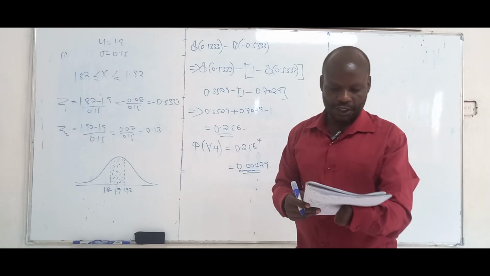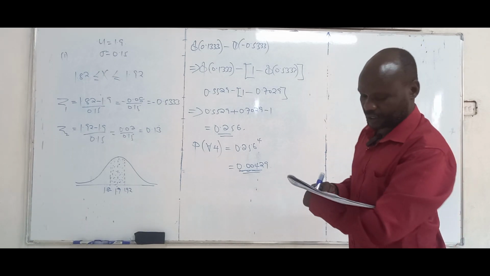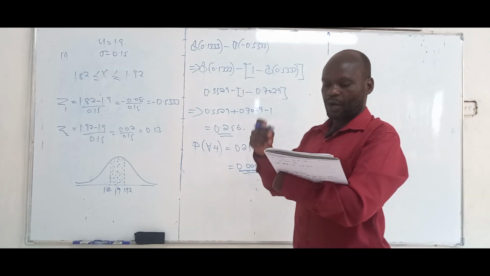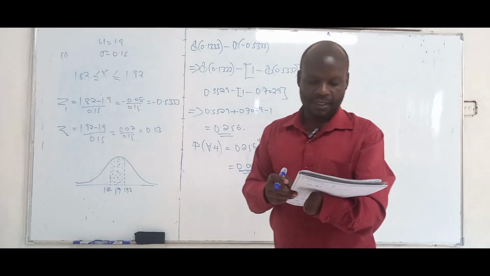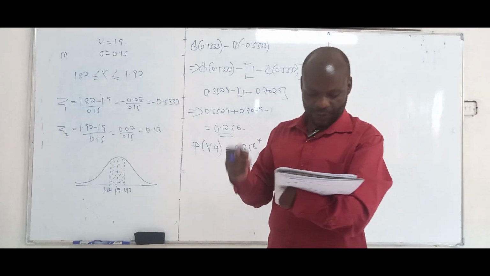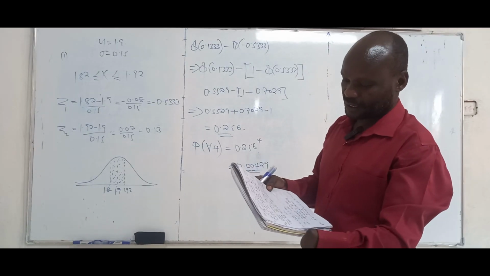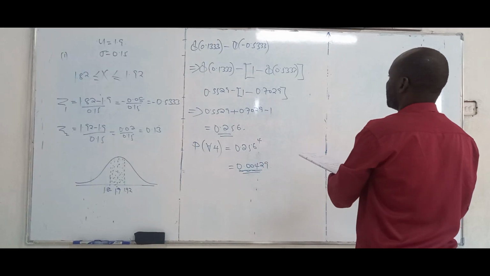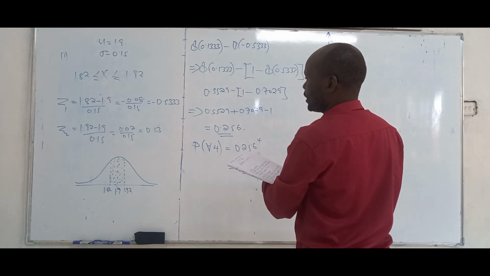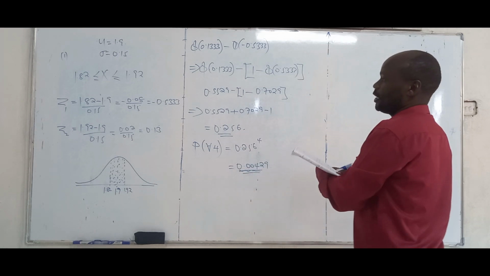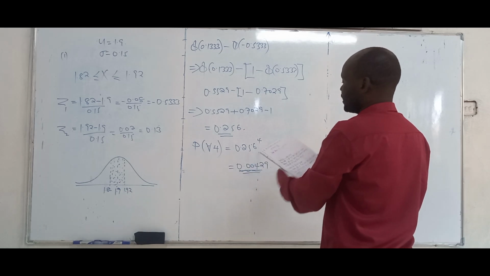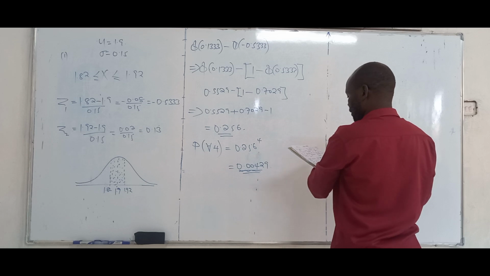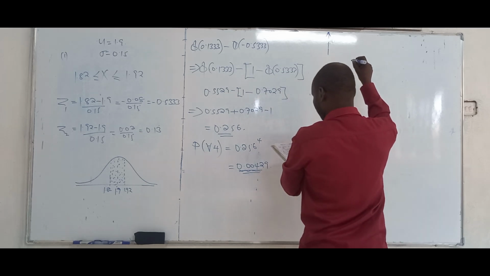Safety regulations state that the pressure must be between 1.9 minus B bars and 1.9 plus B bars. It is known that 80% of tires are within these safety limits. Find the safety limits. So again, we just do the same thing we did by getting two Z values, and the first Z value, what we get is we say that